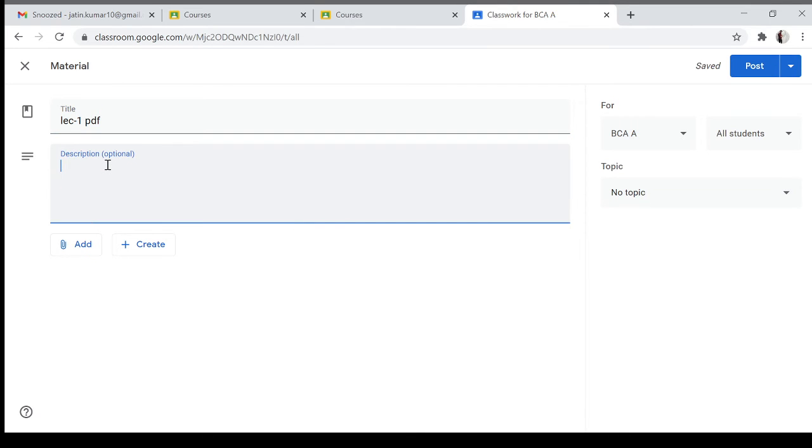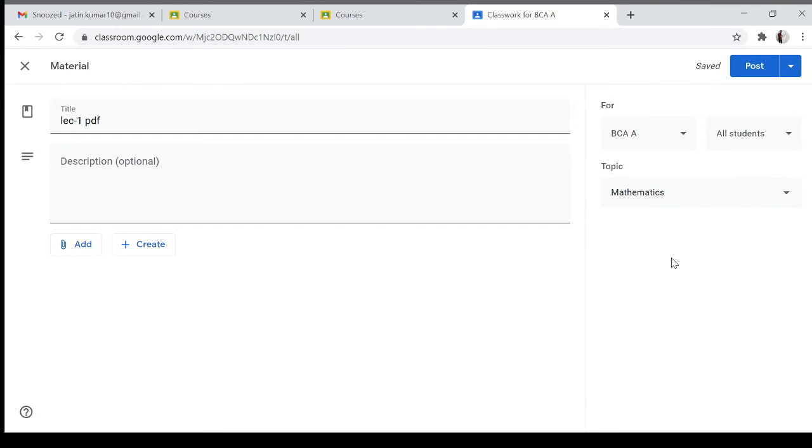You have to learn all the material which is in the PDF, and then we will discuss the problems. Okay, and you have to attach that PDF. From the device or from Google Drive, you can add that PDF. And on the right hand side there is also the class selection. For the BCA class or another class you want to give it to, you can give it. And for topic, if you want to put that material in the mathematics tab, you just click the mathematics tab.